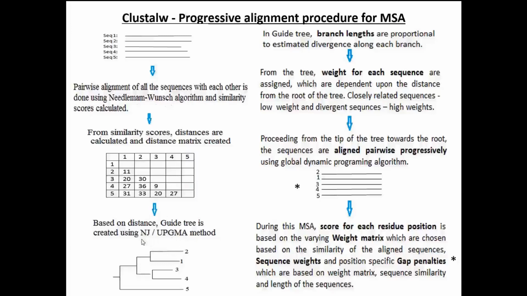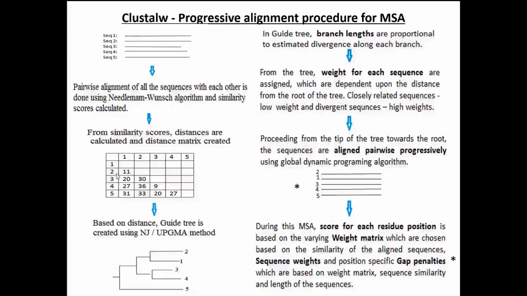Coming to the neighbor joining method, the sequences which have less distance between them will be neighbors in the tree. Now see the matrix over here. Sequences 3 and 4 share the least distance. So here 3 and 4 will be neighbors in the tree sharing a common ancestral node. They form a clade. The next least distance is 11, shared between sequence 2 and 1. So now they will form a clade in the tree sharing a common ancestral node.